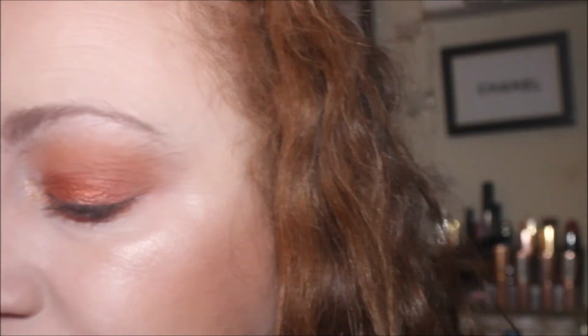I want to go with a lipstick that is as close to what's on the eyelid as possible, and I've got a Makeup Forever lipstick, and that will make the look quite autumnal, so I'm going to go and get that now. So it's just this one by Makeup Forever, like I've said. This one featured in my what's in my high-end lipstick rotating holder, and this one is the Rouge Artiste Intense in the shade 13. So I'm just wiping my lip gloss off,